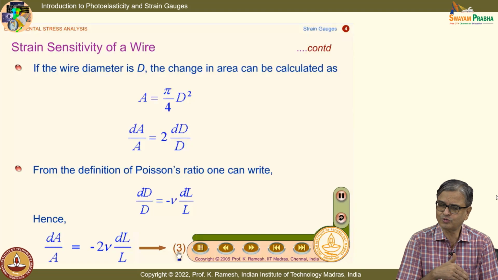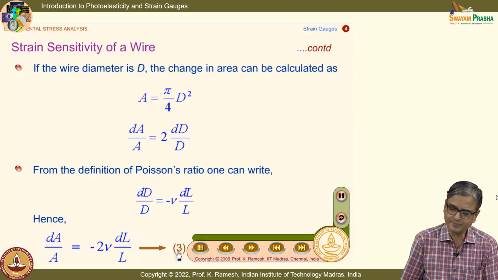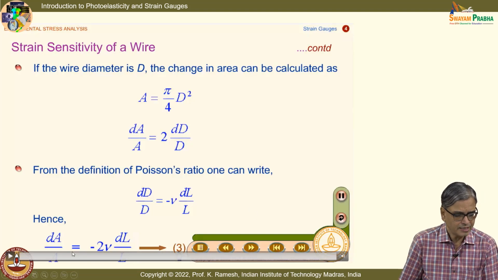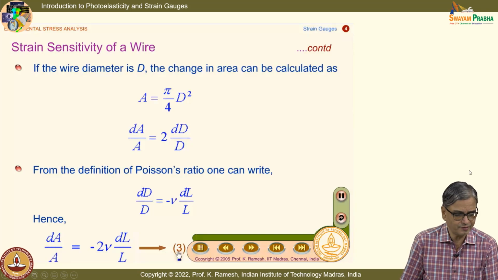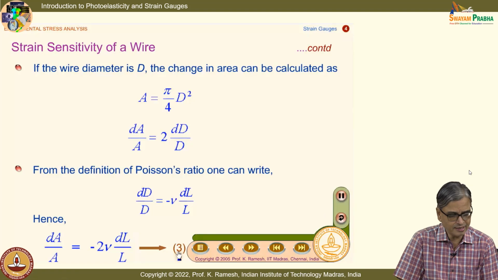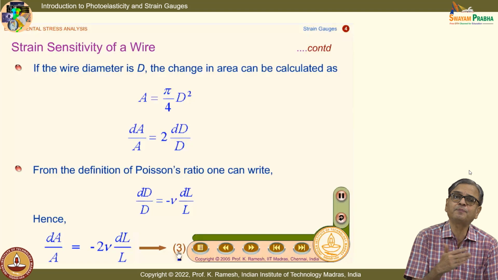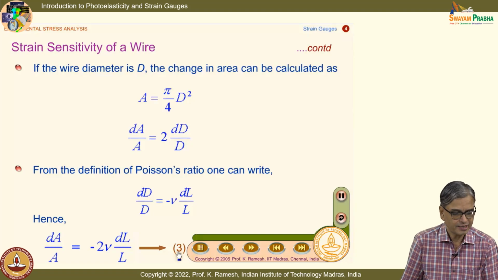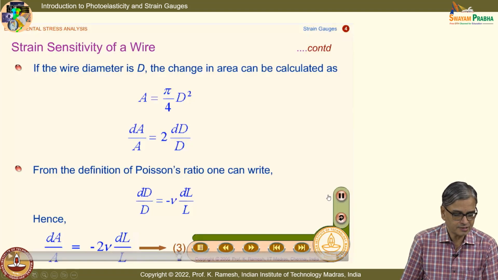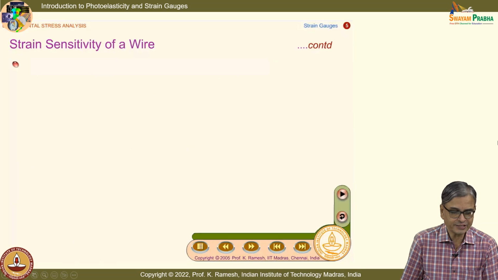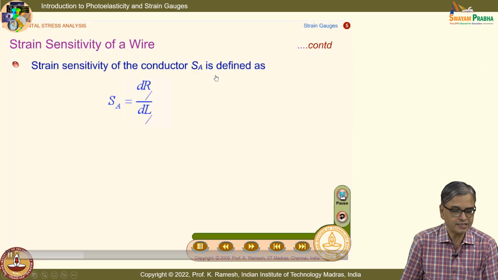I would like you to write down these expressions, these are very simple to use. And there is also a limiting value of Poisson's ratio, we will see that in the next class. It will go to 0.5 when the material becomes plastic. Okay. So, when I substitute this in the expression, I get this as the strain sensitivity SA is defined as